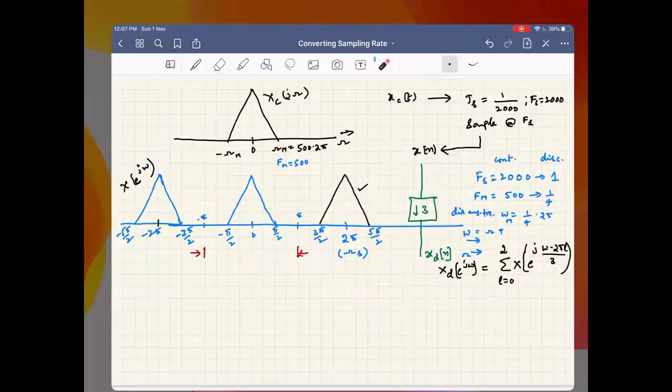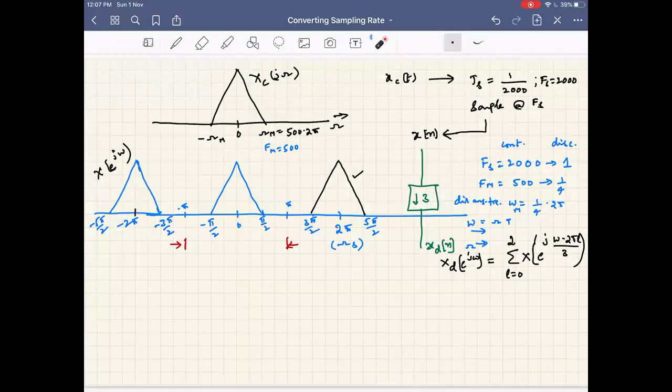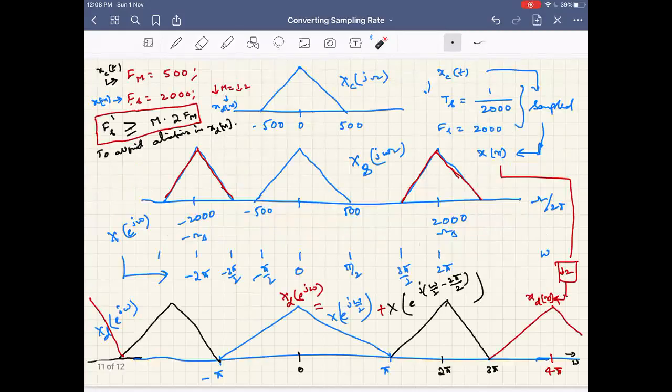implications in reconstruction ability when we do downsampling, and what should be the measures to take to make effective reconstruction even after downsampling by a factor M. So in the previous video lecture, we have seen that if you want to reconstruct the signal back, with fm being the maximum frequency in the signal and M being the downsampling rate after